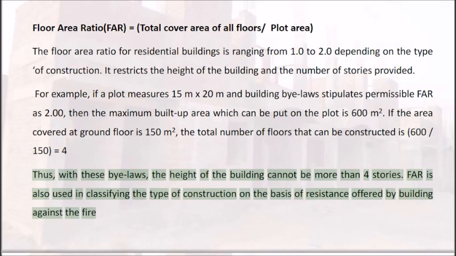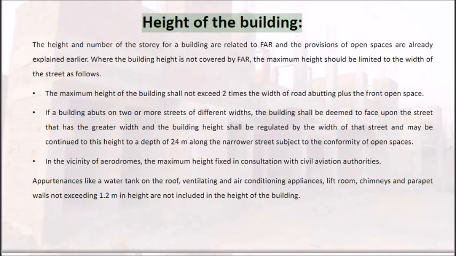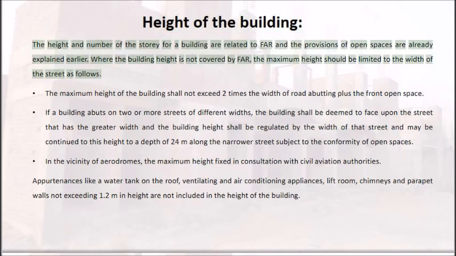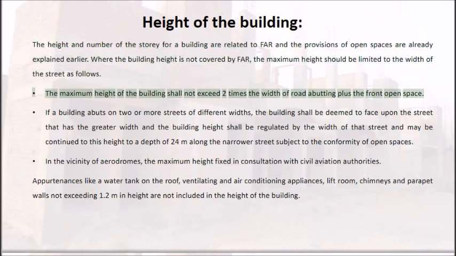Height of the building. The height and number of stories for a building are related to FAR, and the provisions of open spaces are already explained earlier. Where the building height is not covered by FAR, the maximum height should be limited to the width of the street as follows. The maximum height of the building shall not exceed 2 times the width of the road abutting plus the front open space. If a building abuts on two or more streets of different widths,